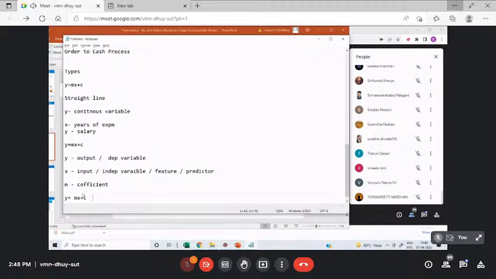In the case of regression, your y was a continuous variable, because as your x increases, the y was also increasing or decreasing. It did not have a fixed set of values. But whenever your y is discrete, it is called classification.